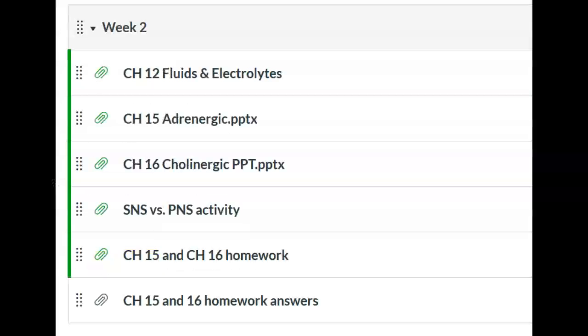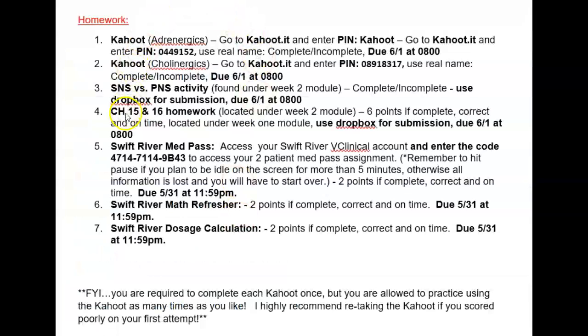And you can review the answers to the Chapter 15 and 16 homework assignment. It's listed under the Week 2 module, Chapter 15 and 16 homework answers. So we've talked about the Kahoots, the SNS versus PNS, you know how to access the answers to the Chapters 15 and 16 homework. Lastly, you were assigned the Swift River assignments, and everybody seemed to get through those without